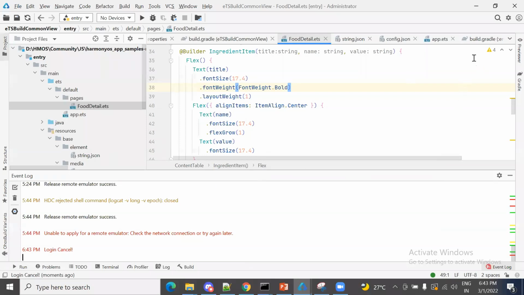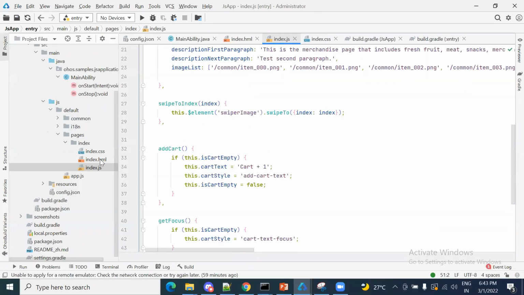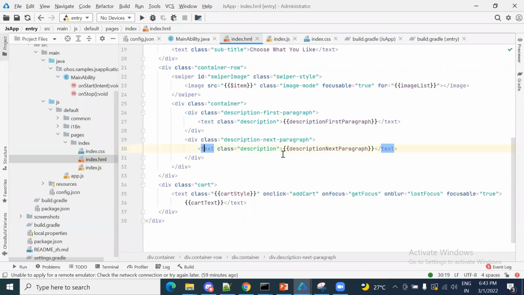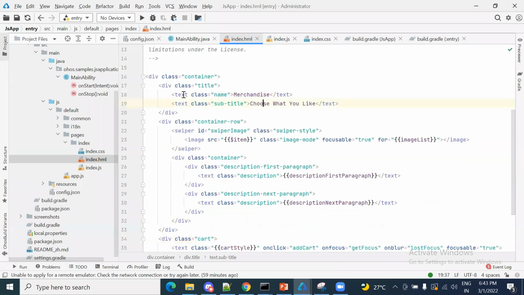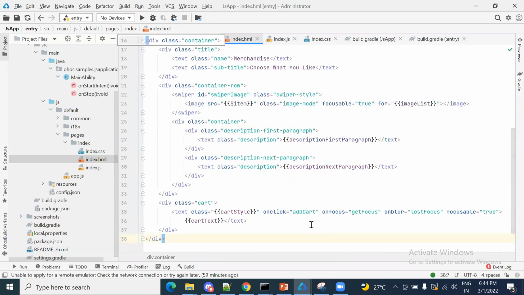Okay, this is one more JavaScript sample, wherein we have only one page. This is a small functionality wherein you display some title using a text component. And you have a swiper component wherein some images are displayed and the user can swipe on them to see all the images, and some description about the images which are displayed. And there is one button which the user can click to add any of this to the cart. So it's just a simple page,